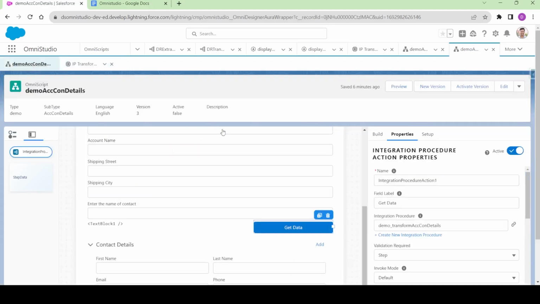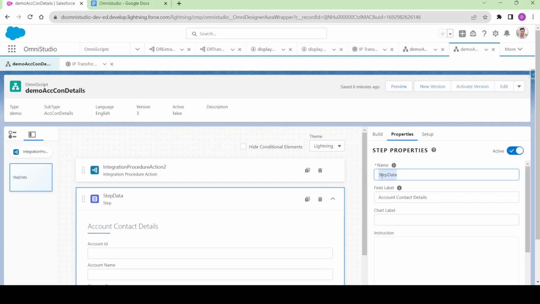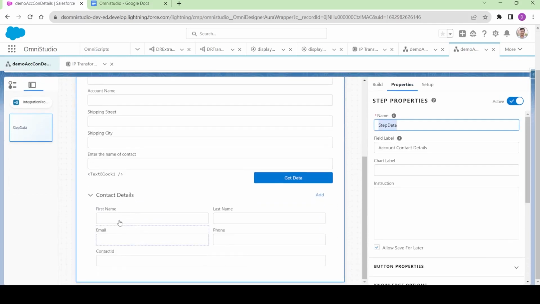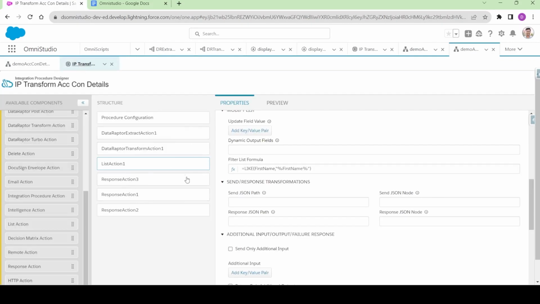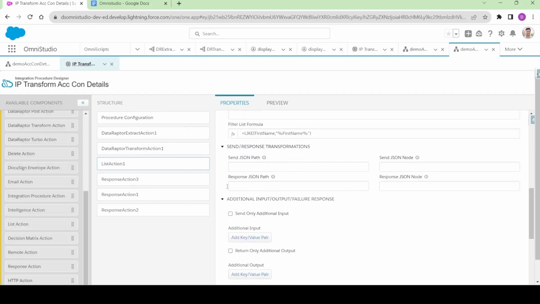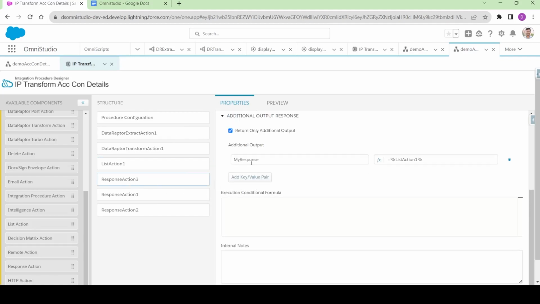If we come to this particular Omniscript, this Omniscript has a node that is called step data, right? And inside the step data there is a node called contact details, and inside the contact details it contains the list of contact details and it repeats itself. So basically what we are going to do over here,